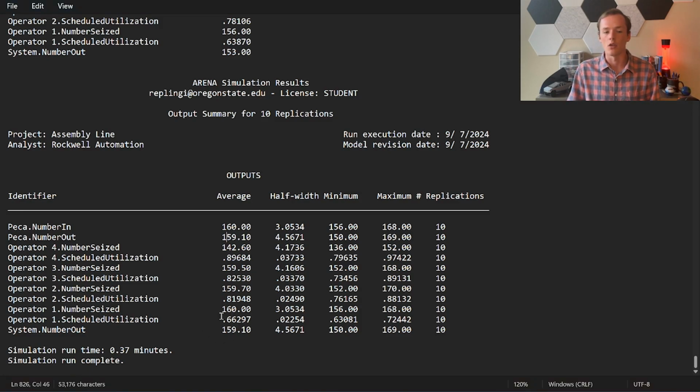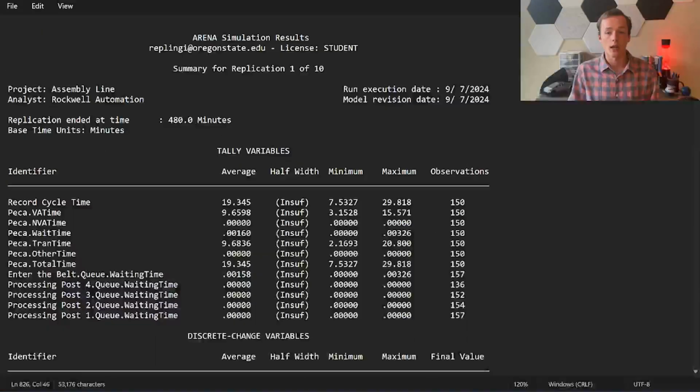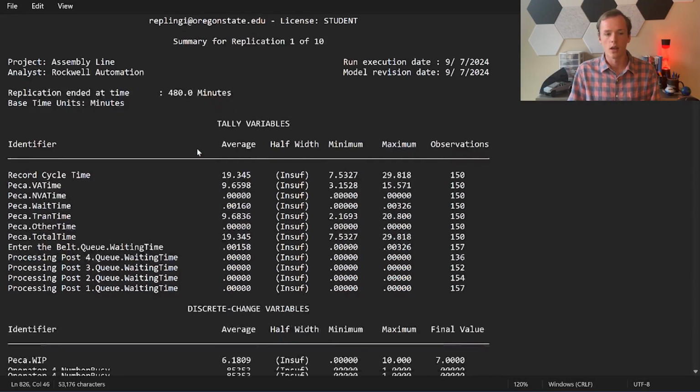And we can see the utilization of each one of these, which could help you make some decisions about what you should do in terms of reducing the number of workstations, combining these, or where you might want to add a particular worker. If I take a look at just one replication, for instance,